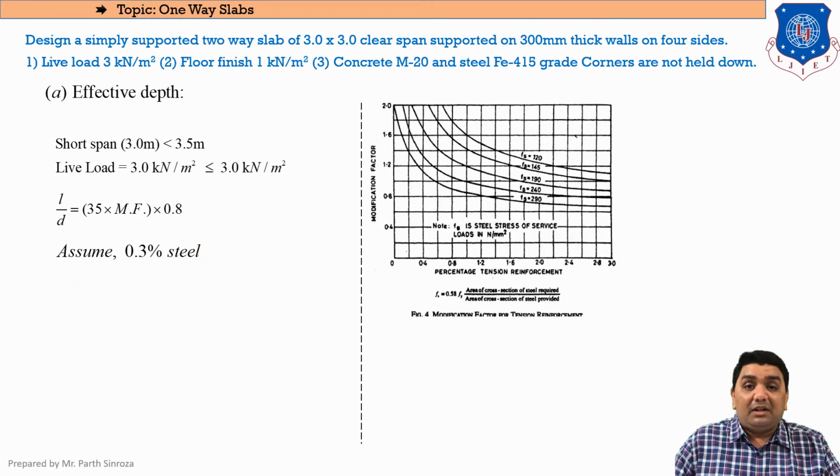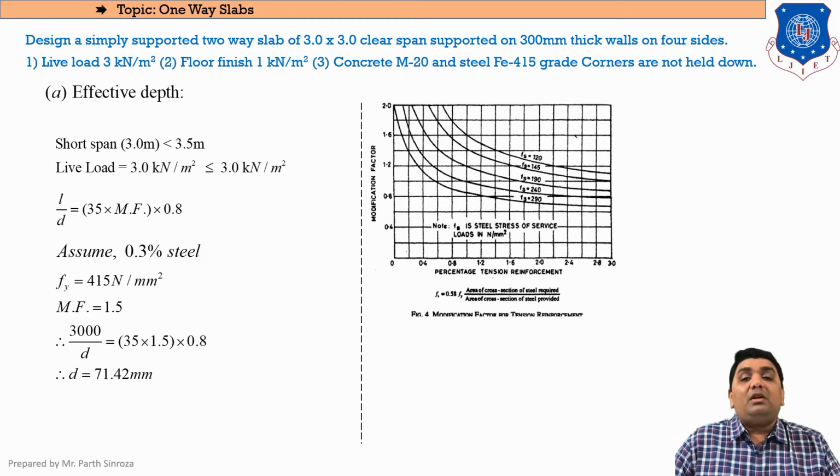So from this figure, that is figure number 4 from page number 38, we will be finding the value of MF. As you can see, PT is assumed to be 0.3, so it will be somewhere around here. Fy is given in the question as 415. Again, we are designing this stuff, so this will be cancelled out. Fs will be 0.58 into Fy, you can find it out. So by extending this arbitrary line in the figure, you can get the value of MF. It is not prescribed to be the same, it can vary a lot. So the final answer is MF comes out to be 1.5, and solving it we get D equal to 71.42.